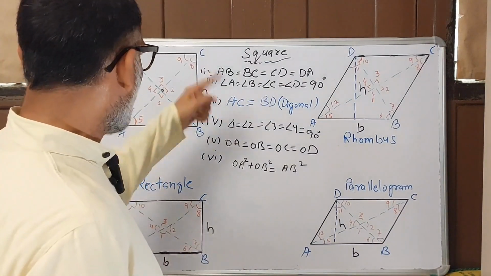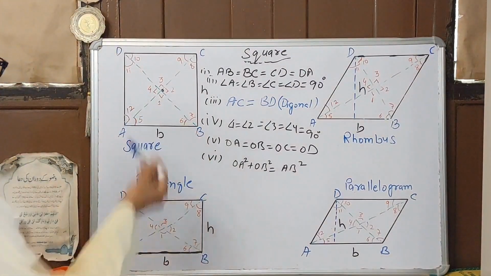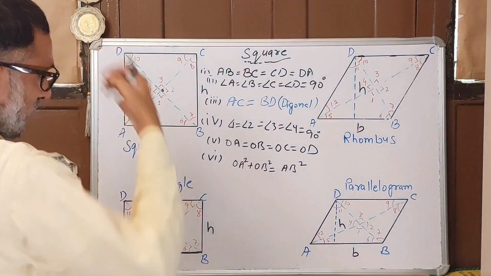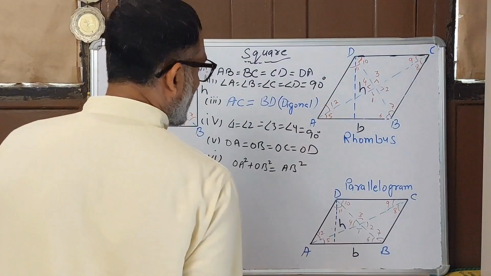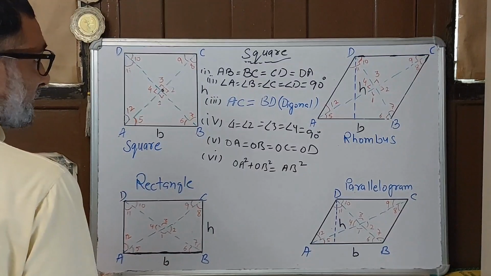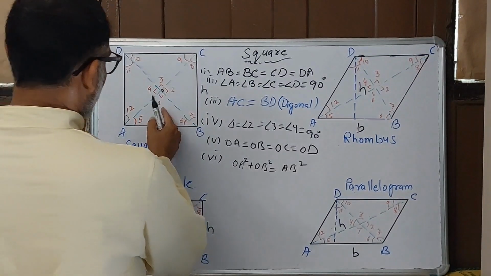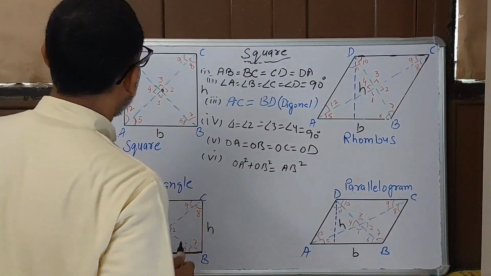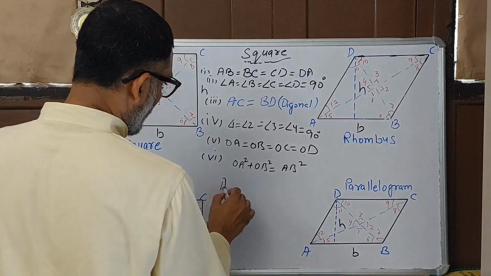So I think I will describe all the conditions of that. Yes, I have one condition by area. As you see, the area is base into height, but in a square or other figure where the diagonal makes 90 degrees, you can find the area by adding its triangle areas also, because as you learned, the area of